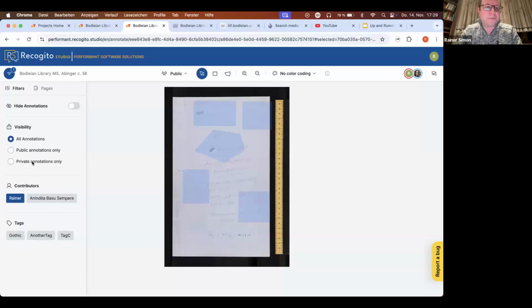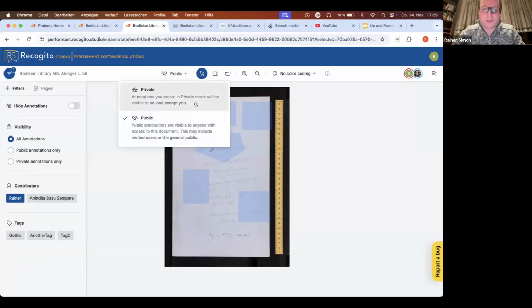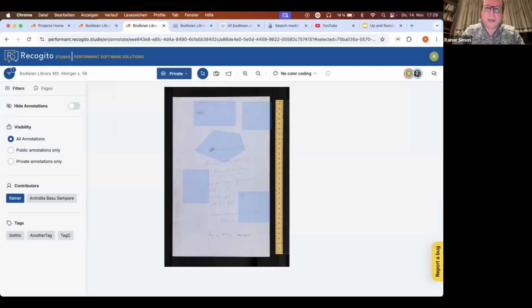Another thing here, it says we can filter by public and private annotations. I think that's a really nice feature about Recogito. There is a way to create annotations that are completely private. In general, there's a pretty sophisticated management system for privacy and who gets to see what. But in addition to the group privacy management, there's also a way to create annotations that are totally private, only to you. Even if you're in a public project, if you create a private annotation, no one else can see it, and you can use it to make personal notes